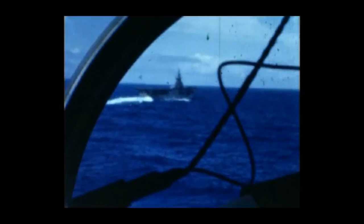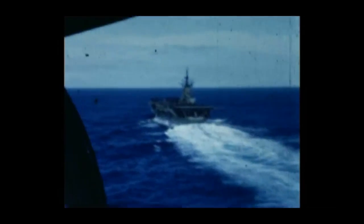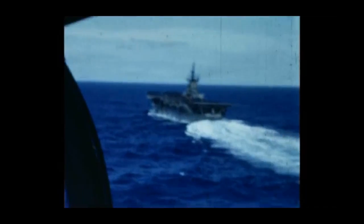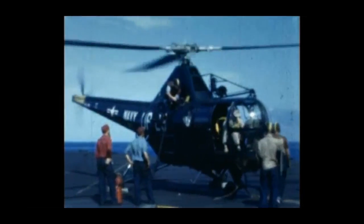I was midway through engineering school at the University of Colorado when our Naval Reserve Unit at Buckley Naval Air Station in Denver was called up, and I was flown on the huge Mars flying boat to Hawaii and Barbers Point Naval Air Station on the west end of Oahu. My unit was the Fleet All-Weather Training Unit Pacific, called FAW-2PAC, and our duty was to train the pilots for night and bad weather flying missions over in Korea. I was in charge of the electronics crew, calibrating and maintaining the radio and radar equipment necessary for those difficult operations. As the helicopter lands after the planes are all landed,